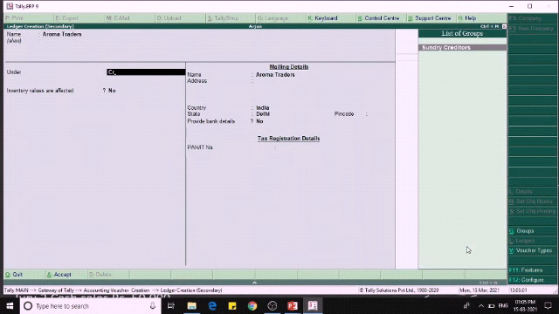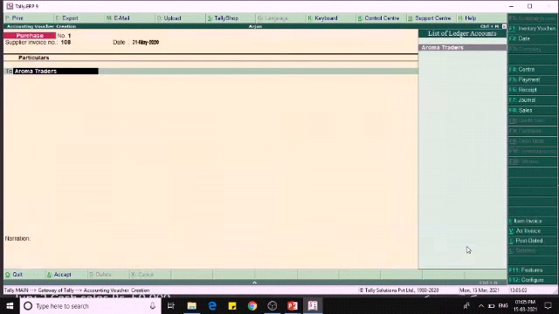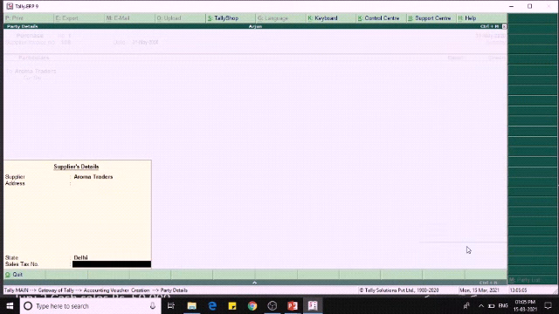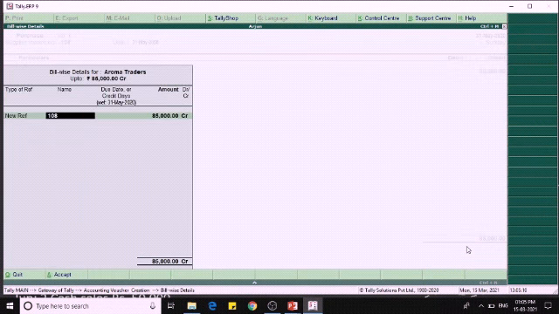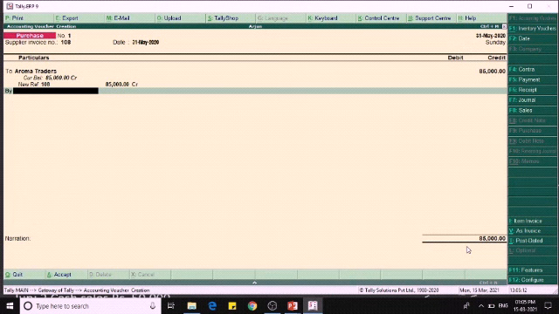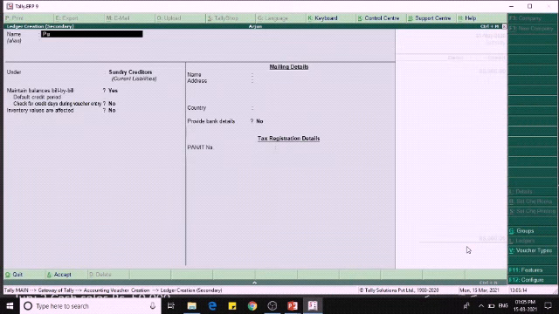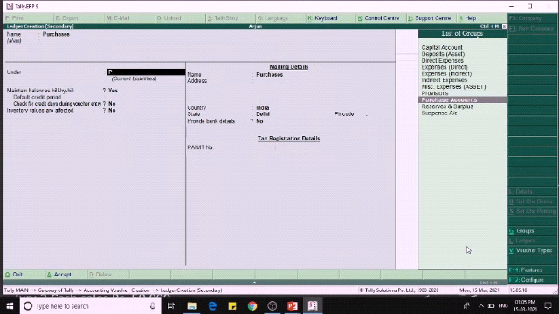They are the creditors to us. They are giving the goods on credit and the value is 85,000 by purchases. Purchase account.